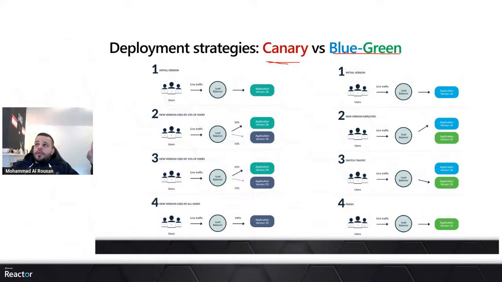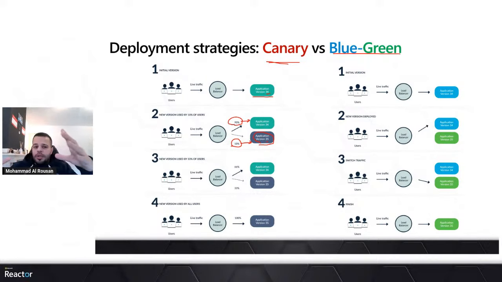So in Canary deployment, here you have your application deployed, up and running, it's live, version 34. Your development team has a new release, which is 35. You will deploy the version 35, as you can see here. And since you have a load balancer, responsible for distributing the traffic across your application or pods, you will configure the load balancer to send 10% of the traffic to the new application, and you will keep 90% of the traffic pointing to the old applications.